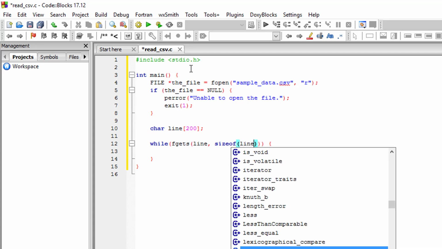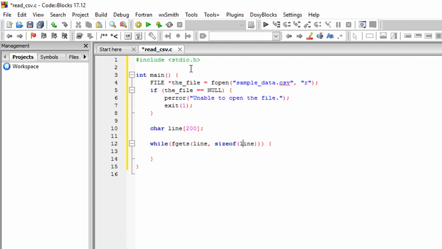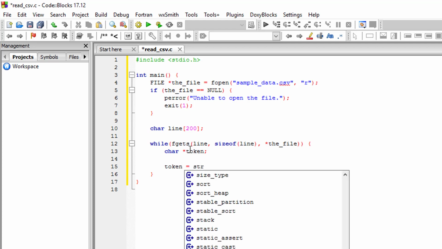So the variable and the size, and then the file stream. So CSV file is comma separated values, so we will tokenize each row using the strtok